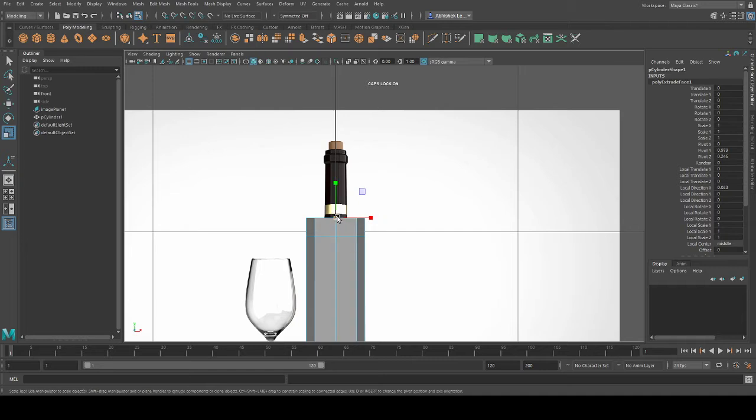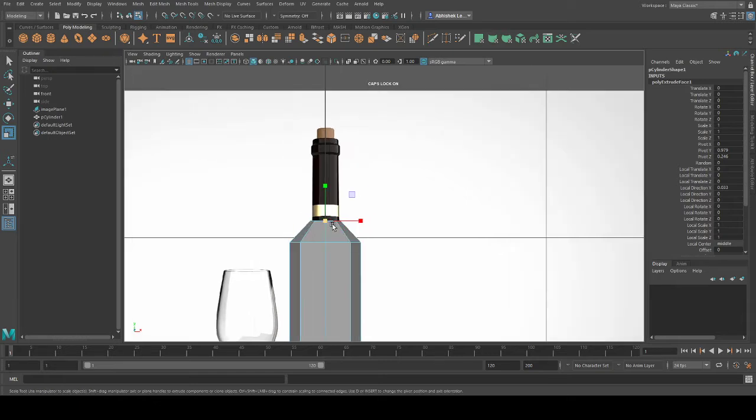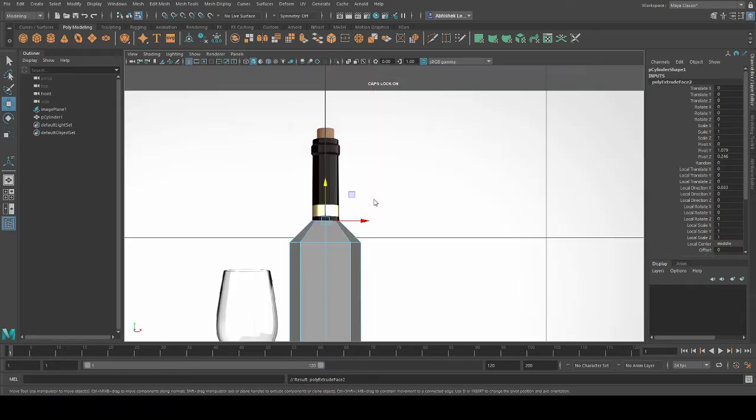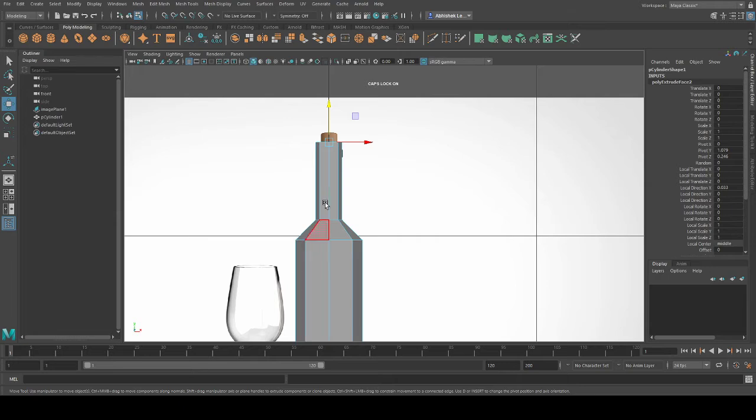I'll scale it down from the center because the neck is squeezing in. It's not a neck of the same radius. Okay, from here, and then I'll extrude it straight up. Control E. The face was already selected, so I just pressed Control E in front view and moved it with W till here. Over. Your basic bottle shape is ready.